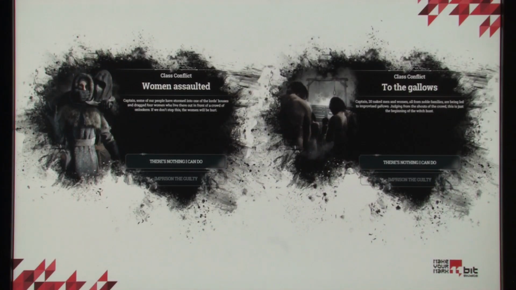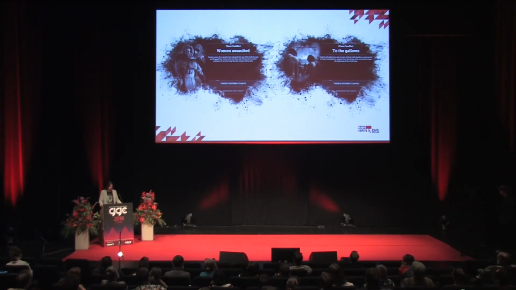Telling the truth is sometimes very difficult to illustrate in a specific situation. For example, in some of our scenarios, men start to drag women from houses to hurt them. So this is the role of the illustrator: to show it in such a way as to use the player's imagination. What will happen to this woman?